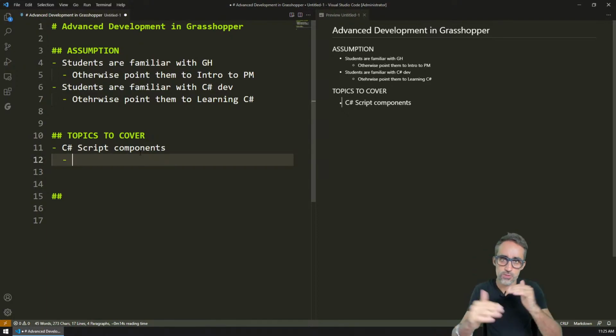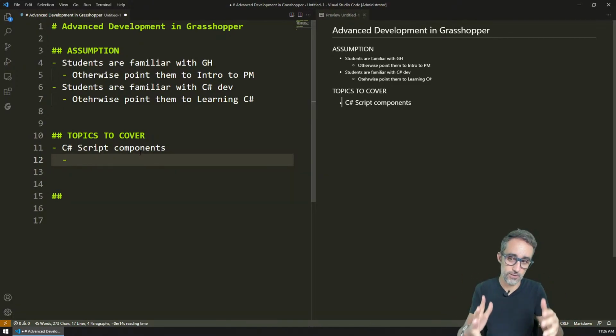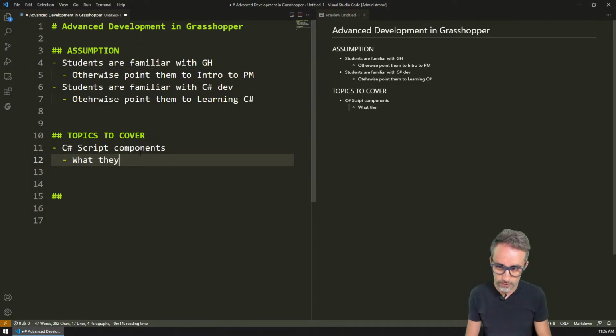And then we will resort them and organize them on a playlist. We will break them down by video, if you will. So, C# script components, what can we do here? In order to cover C# script, we will need to cover what they are,